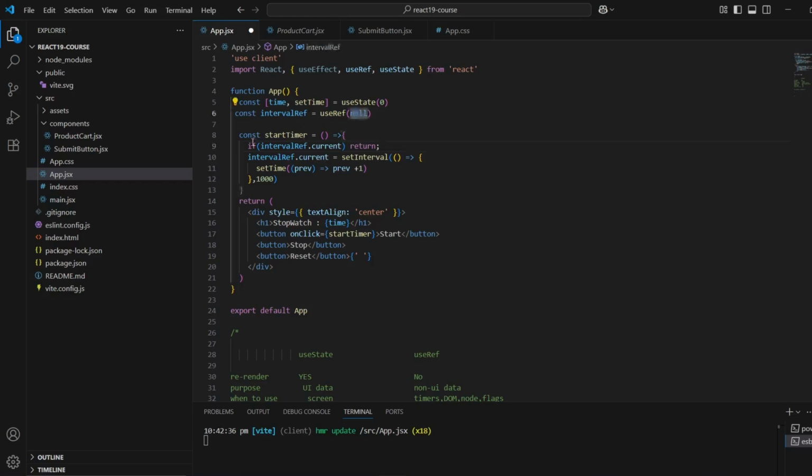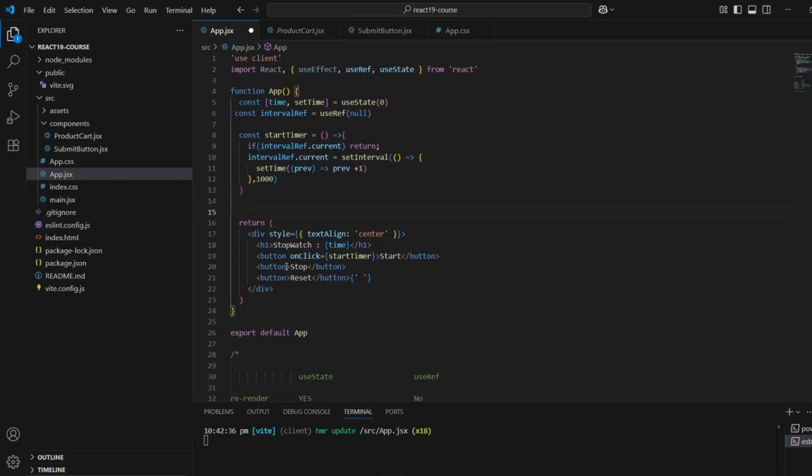Initially it will have null, so this will be false, and it will come here and store the interval in the ref. But if the user clicks again, I don't want to reset. Then intervalRef.current will obviously have the function, so this will be true and control will go inside and return. So it won't reset. That's why we have to add this check. Understood? So this is our startTimer.